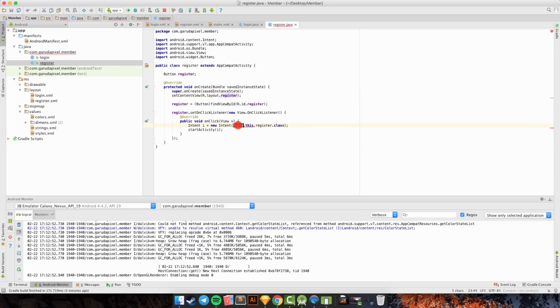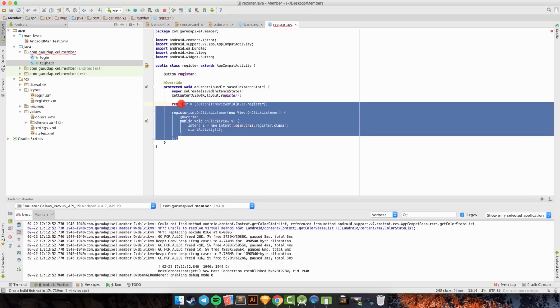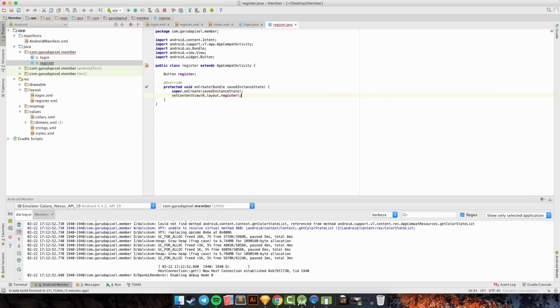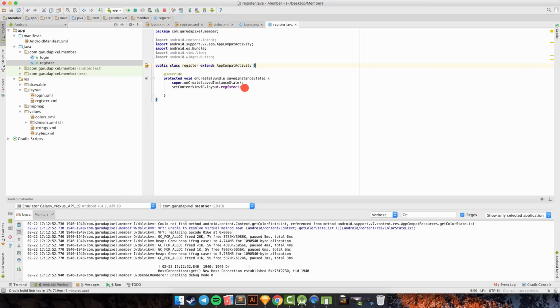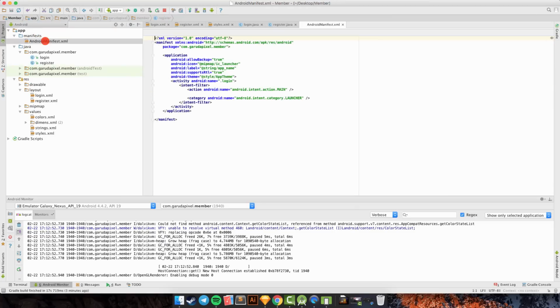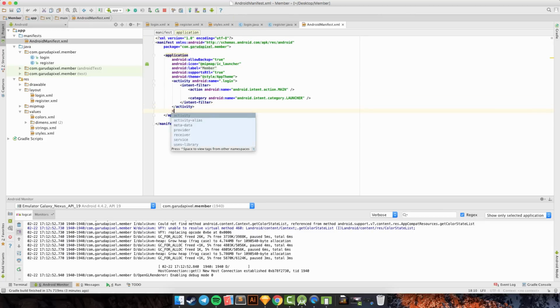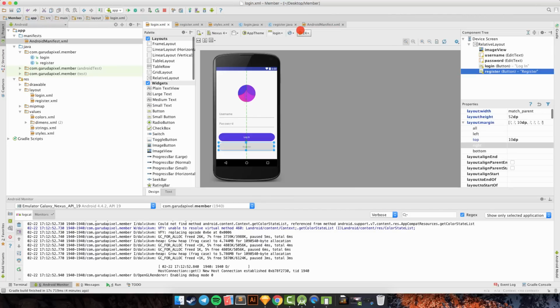This we can remove, we don't need this. Okay, we don't need this. Okay, and then go to manifest and double click. After you create a new Java or XML, you need to register your activity, like this. Okay, so I want to test it first.